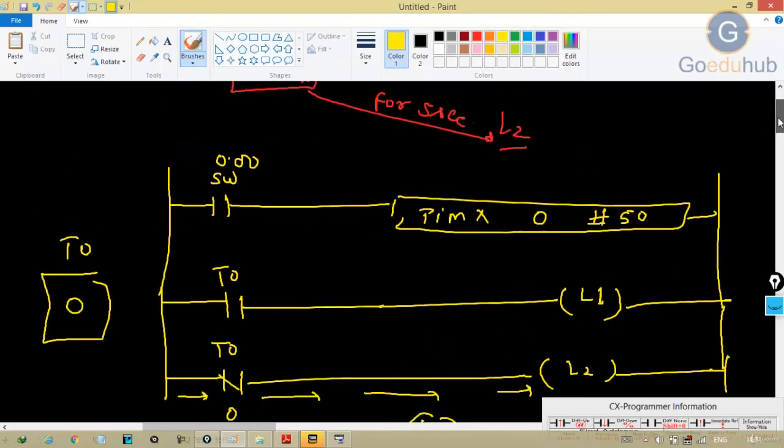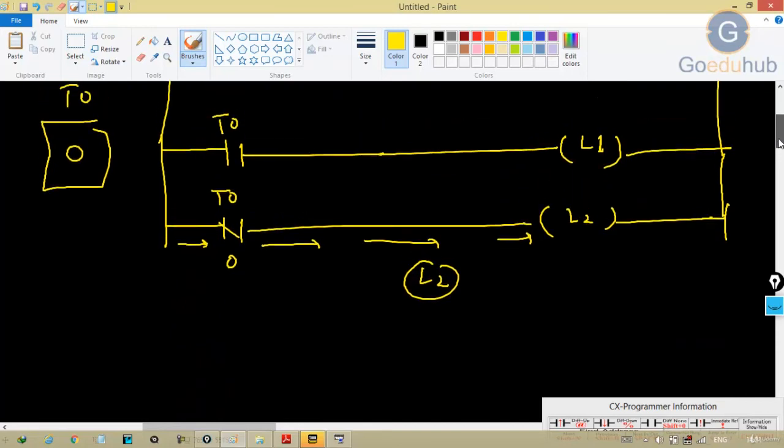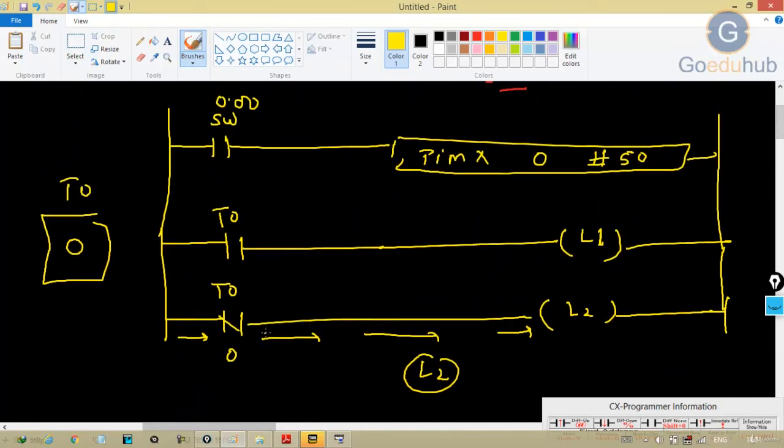But what condition did I give you? After pressing the switch, only for 5 seconds L2 will glow. So if we provide this condition, initially also L2 will be in on condition. This is not according to my requirement, so this will be wrong. So remove that.